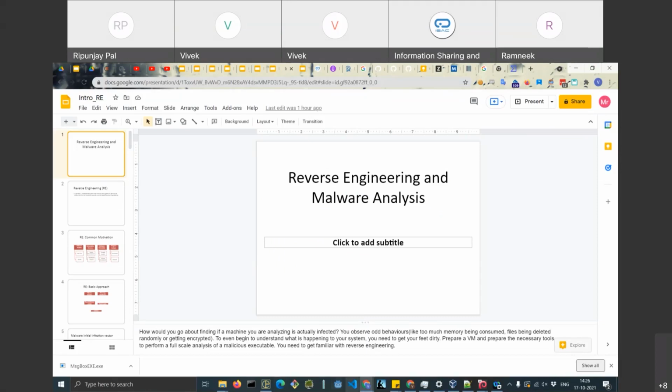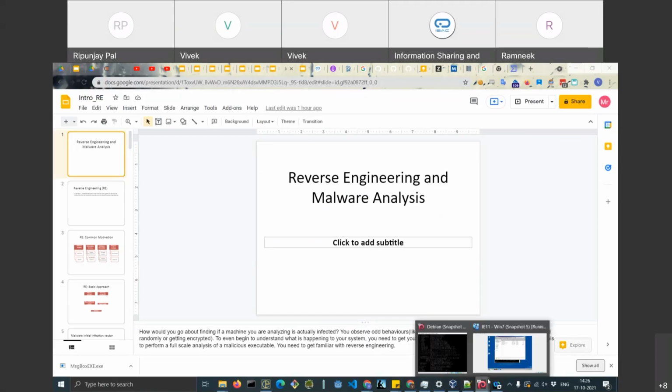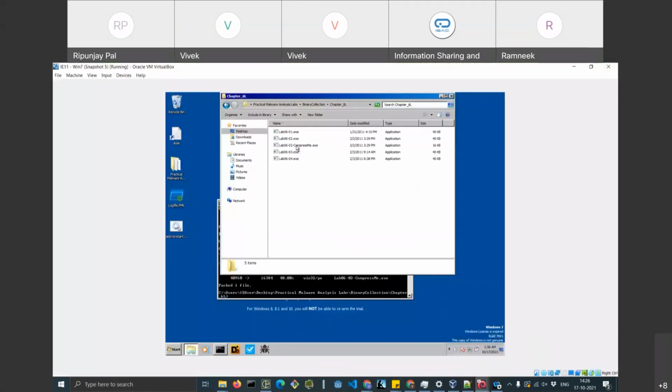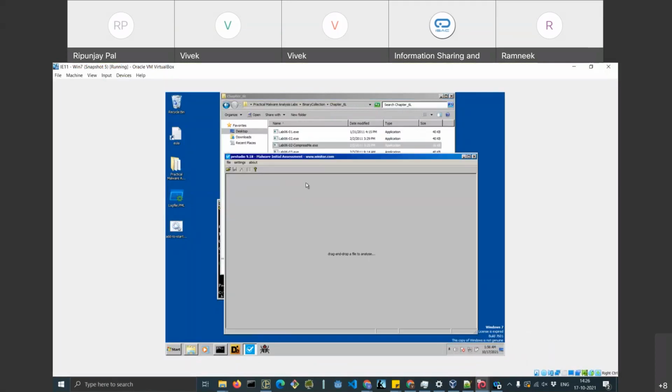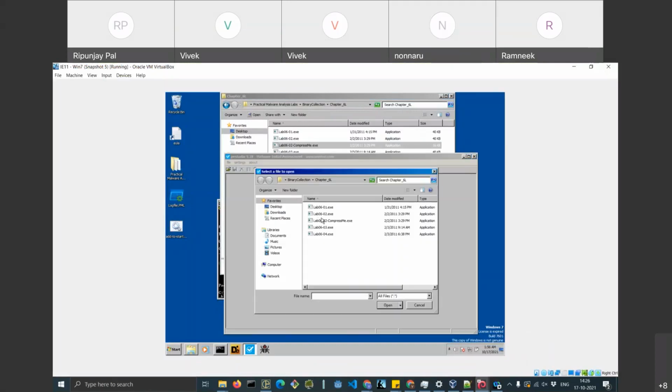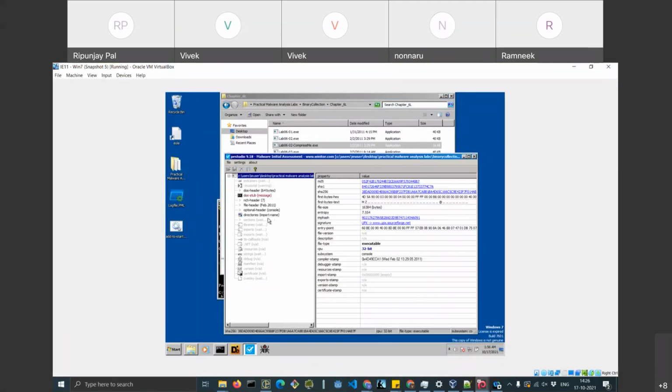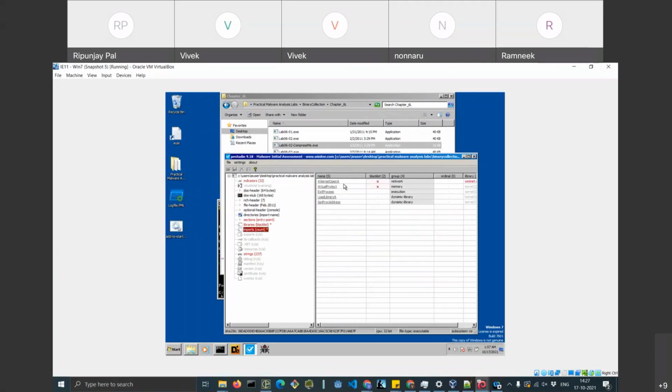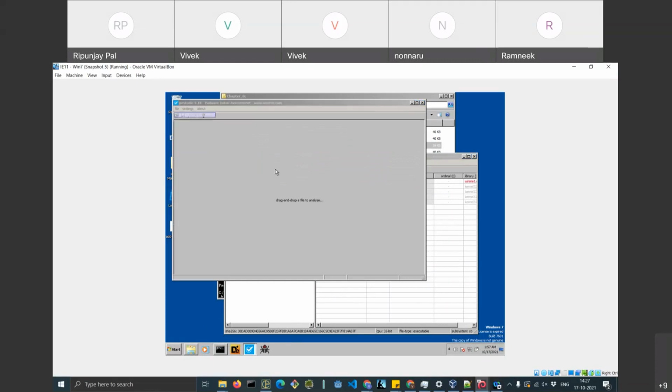Whenever a malware is obfuscated, let's say this is compressme.exe, it is obfuscated. So what we do is we try to open it. When you see the imports here, you're getting 3, 4, 5 imports. Now let me open the unpacked executable.